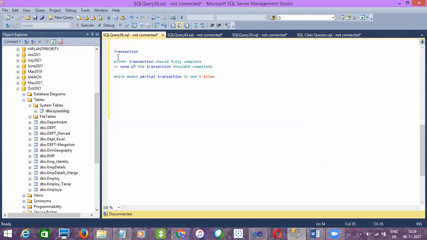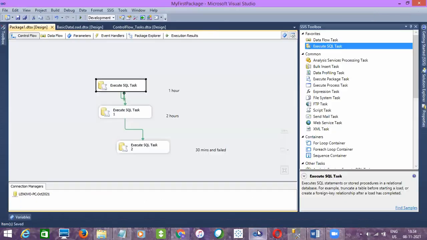So that is what the transaction means: either fully complete or don't complete, no partial transactions. Partial transaction is nothing but either all the tasks within the package successfully execute, or if any one of the tasks fails, roll back the previous successful execution of the task.